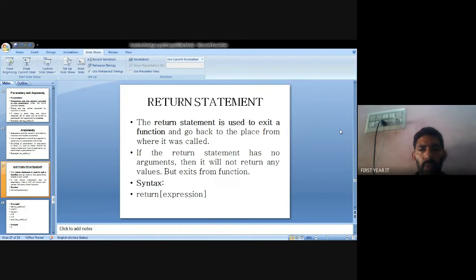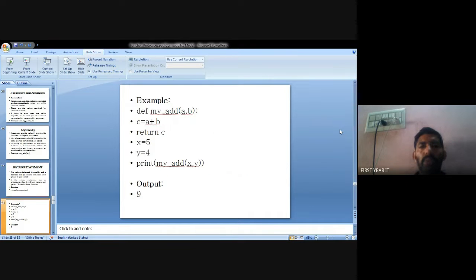Okay. So return type means whenever the void command is not declared, we can return from the subfunction to the main function. If we don't declare the subfunction with void, we can return to the main function. That is, the return type will be accessed. Okay. So, an example of return types: define the subfunction add, passing values a comma b. Okay, c equal to a plus b means we can add our values in c. Now after return c, we go to the main function.